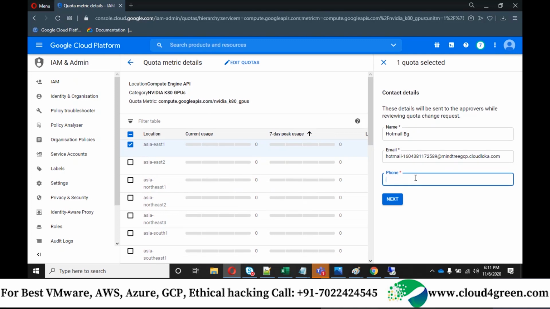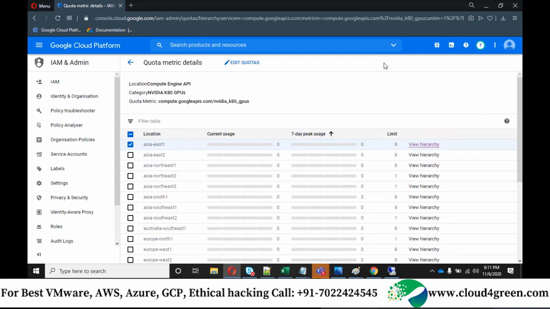When you send a request to enable this GPU functionality to your approver, and the approver approves it, then you are allowed to attach GPUs to your machines.